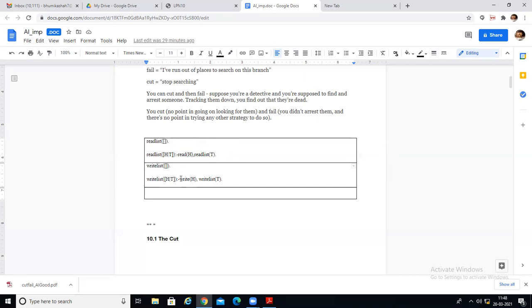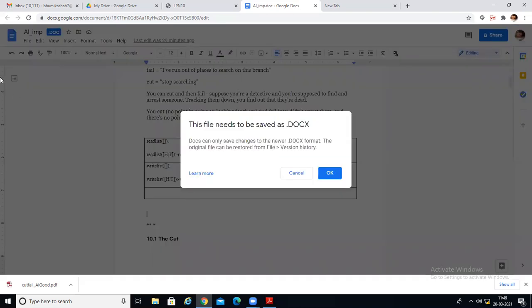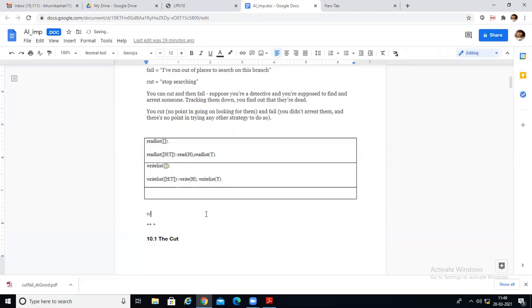What is meaning of writing the predicate write? Write is used in two ways. You may write a static message, or you may display the value of a variable. If I want to display a static string, I can write like write in round brackets in double quotation hello. Then hello will be printed on the screen. Like if I'll be writing like write hello.